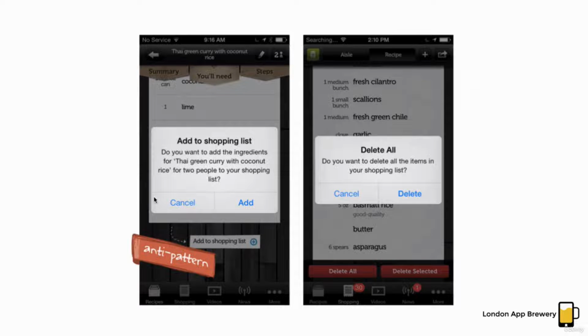I don't know why I feel like an idiot having to confirm my action, given that it wasn't like I just entered the nuclear codes or something. And similarly, it does the same thing when you press on the Delete All button in your shopping list. This is not my bank details we're talking about. It's so not a big deal. And by interrupting my flow, you prevent the users from having a good user experience.